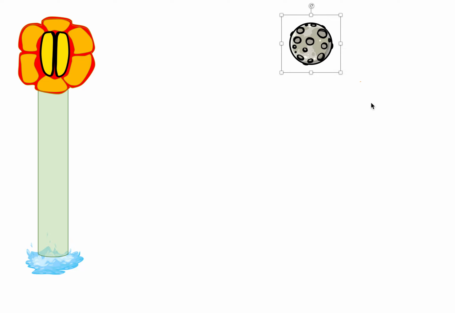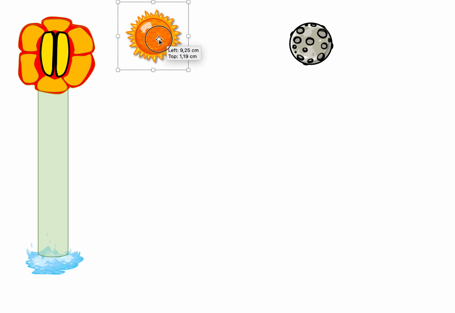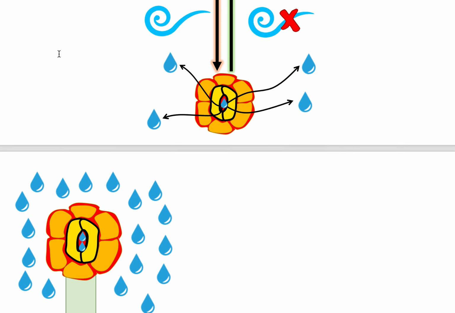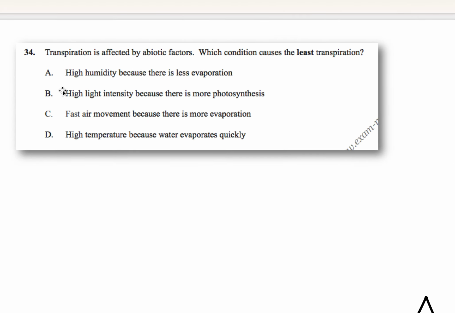So with light intensity, say for example the sun comes out, what happens now is the sun rays trigger this stomata to open, and now water can leave. So during nighttime, this stomata is closed and no water can leave. On the contrary, during the daytime, or as the light intensity increases, this stomata will open and transpiration will happen more. So this one is wrong because in this condition, high light intensity, there will be more transpiration, not less,